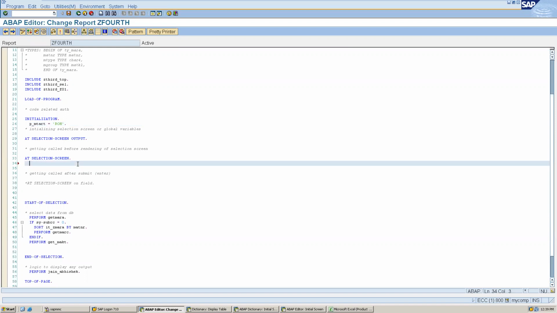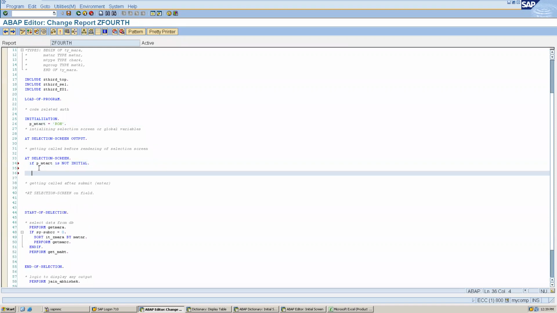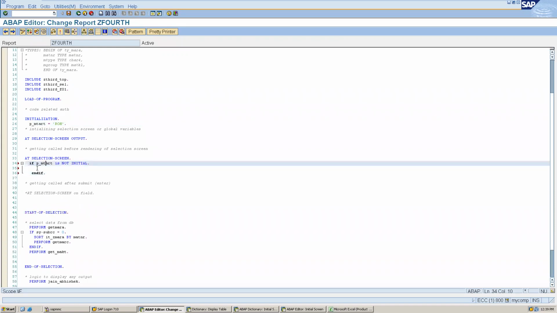For example, if I have to validate whatever we are writing in P underscore MTART, how can I validate? I can create one routine. So if P underscore MTART is not initial, what does that mean? Is not initial means, when will this run? Only if there is some value in it will this if run.